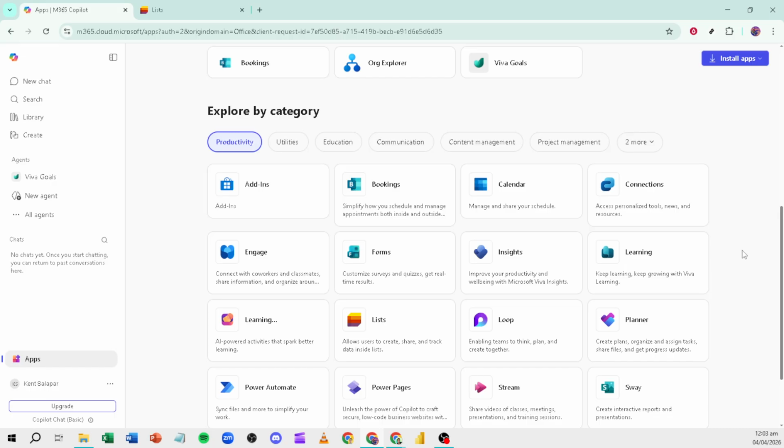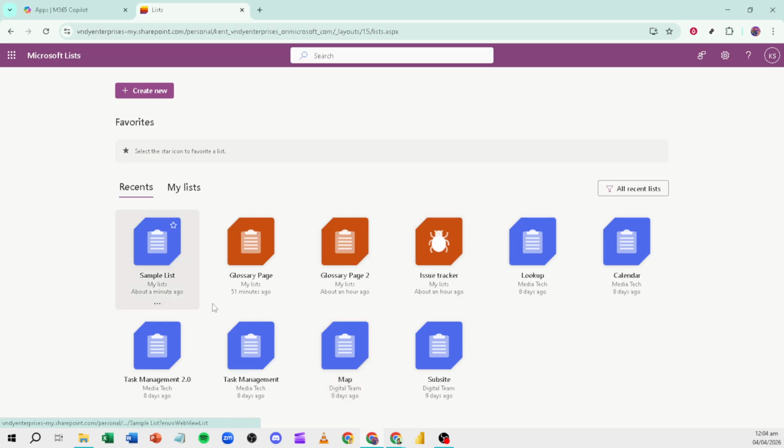you expect. Start by opening Microsoft 365 in your browser and launching the Lists app. You can find it from the app launcher or by navigating directly to your Lists homepage. This brings you to a central place where all your recent and favorite lists live, along with any lists shared with you. Next, head to My Lists or the site where your list is stored and select the specific list